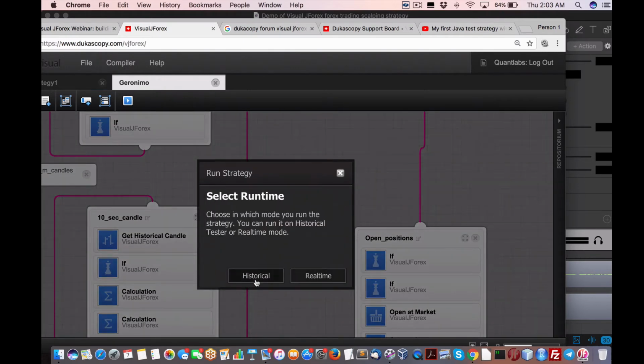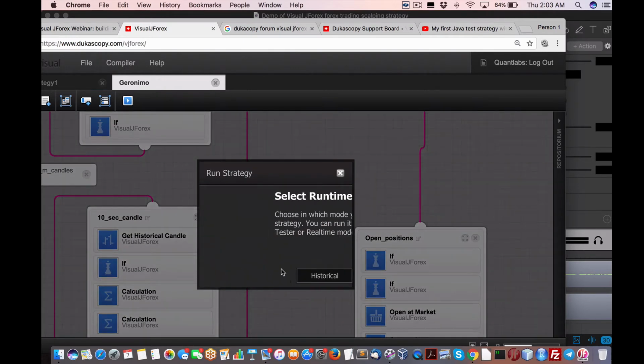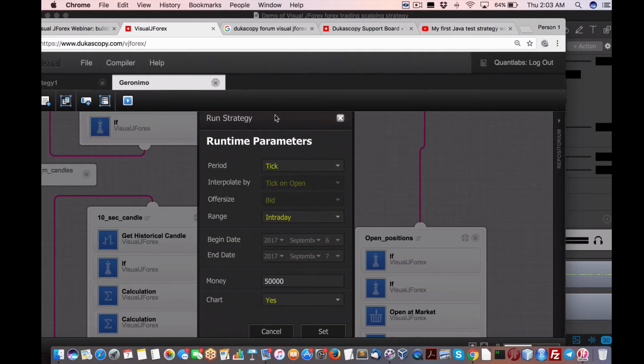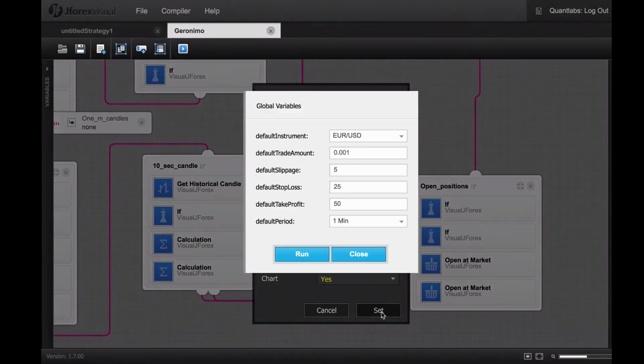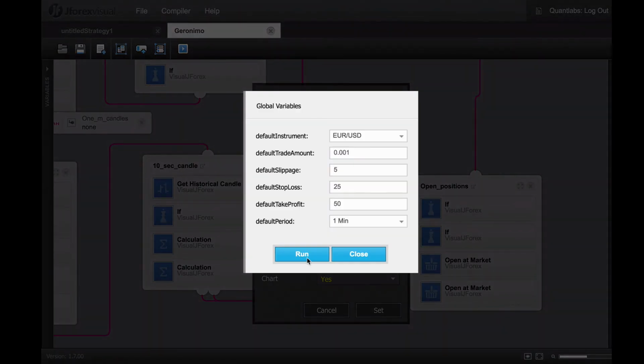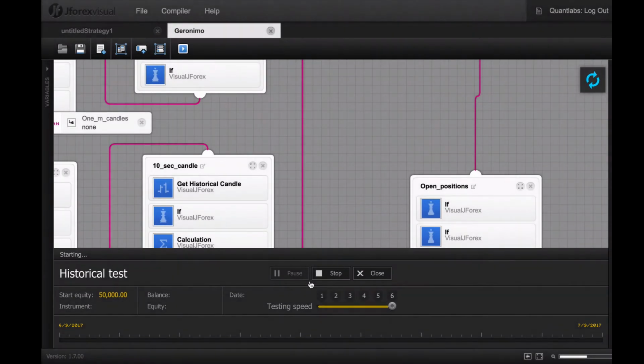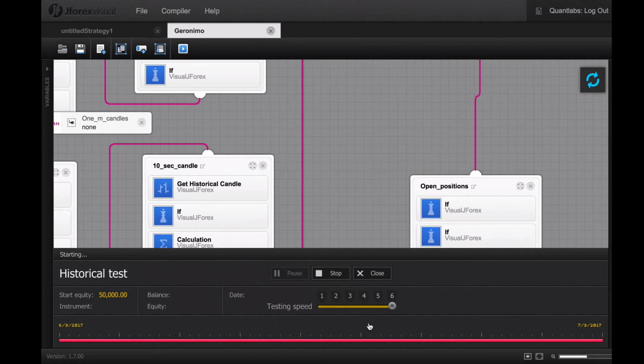So as usual, we get our historical versus real time. So I'll just choose historical. Now, the only thing I really wanted to show was that this does run. So I'll just let it run for the last day or so. So we'll run it. Now the funny thing is that there's no orders that get sent out, but again, it's probably something I'm doing wrong from the strategy. But it does run as I said,